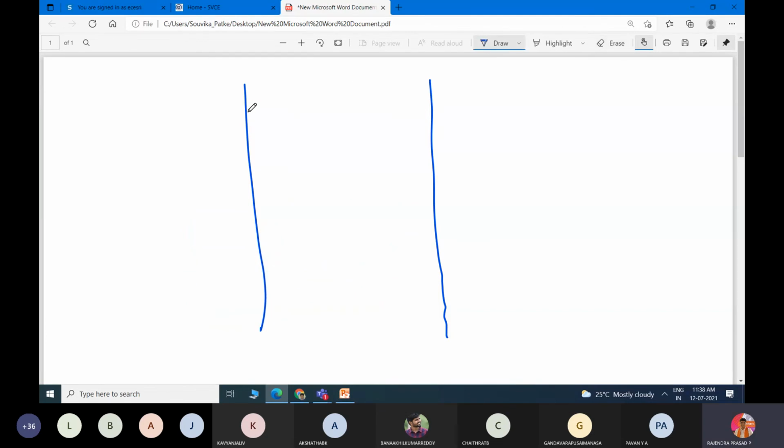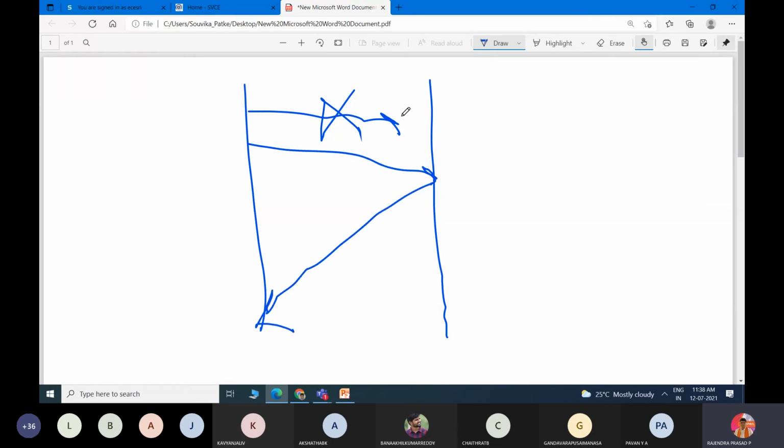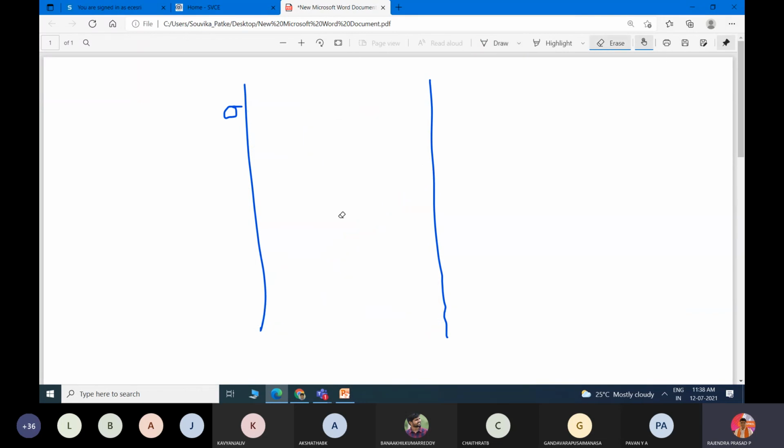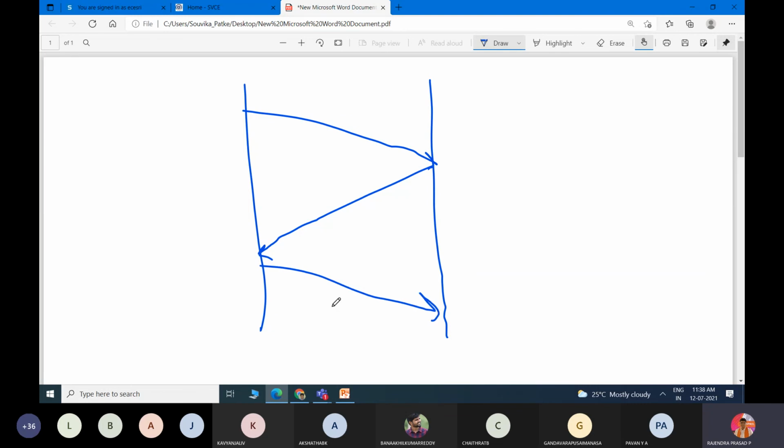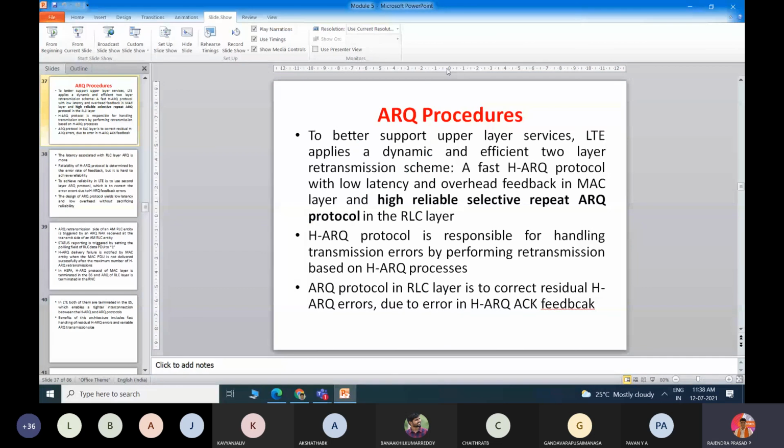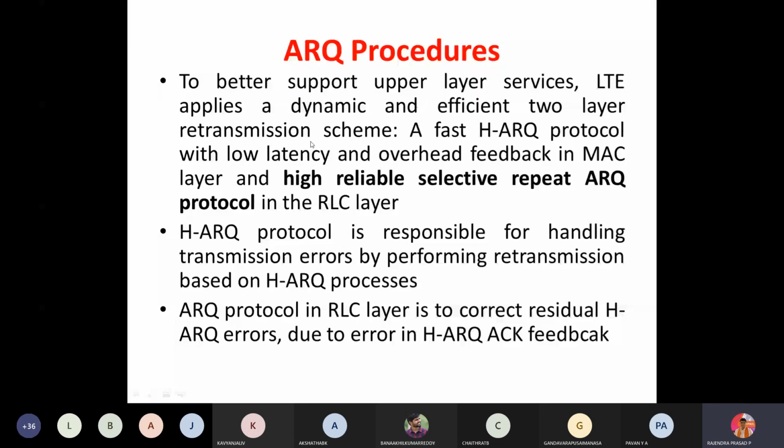One more type. I have transmitted, this is lost, and I have transmitted acknowledgement. So I have lost only this one. So I will select this and retransmit it. This is one more type. Normally, by default, this will be present: I transmit till I get an acknowledgement, and I will not retransmit another one. This is the basic version. So these are the different types you can find, and that is what is being addressed here.